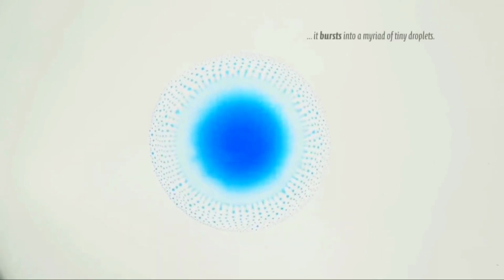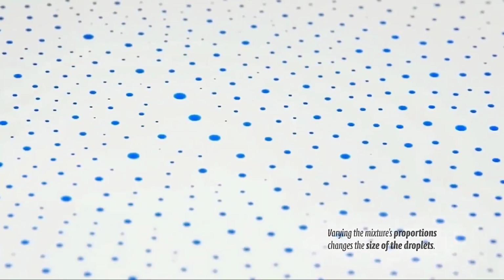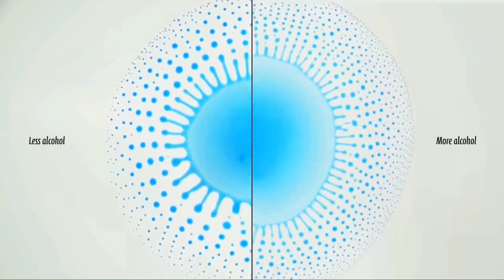They add a drop of alcohol water mixture dyed with a food dye on a bed of sunflower oil. Something cool happens. The tiny droplets form from the main drop radially outwards, and the main drop simply vanishes entirely. Changes in the concentration of alcohol also change the rate of droplet formation. This is really fascinating and can be explained with basic fluid dynamics.